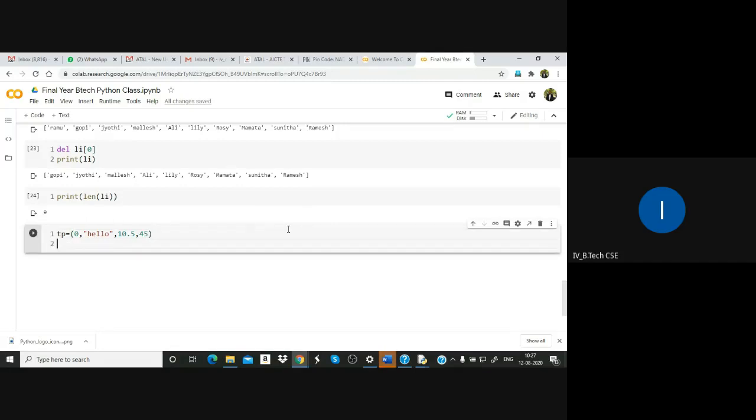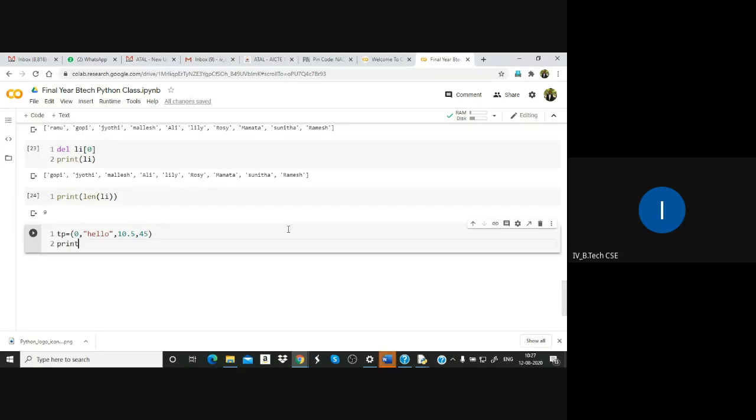What is the importance of a tuple? You cannot modify the elements inside a tuple. You cannot extend the tuple. You cannot remove the elements inside a tuple. That is like a constant structure.